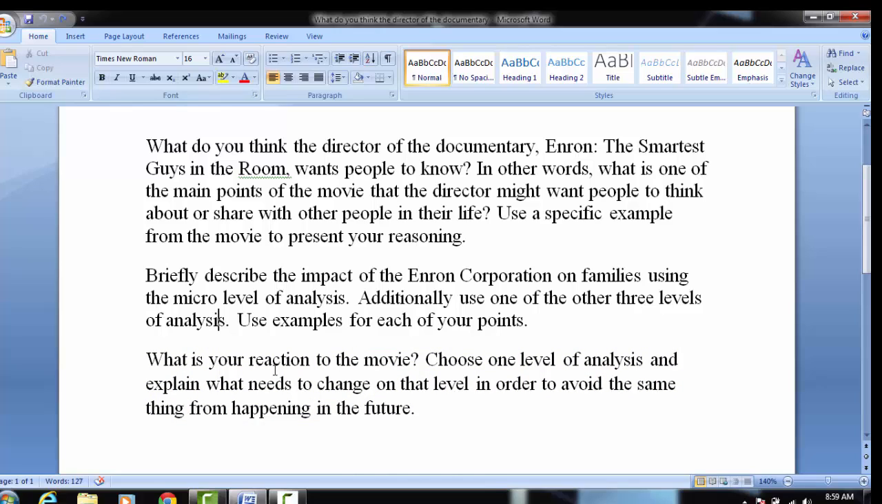Well, the first part of this, what is your reaction to the movie? That's a pretty basic question. Now, the next part involves a little bit more thought. Choose one level of analysis and explain what needs to change on that level in order to avoid the same thing from happening. In this case, we are choosing one level of analysis, and then we are explaining what needs